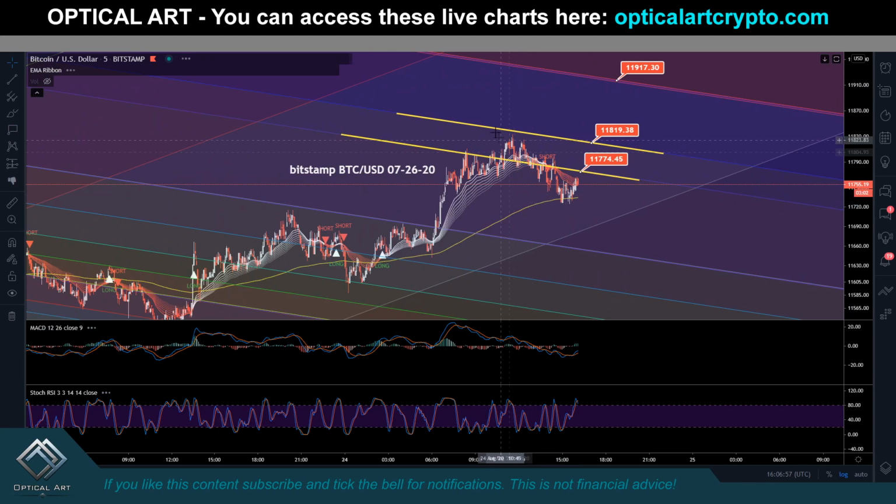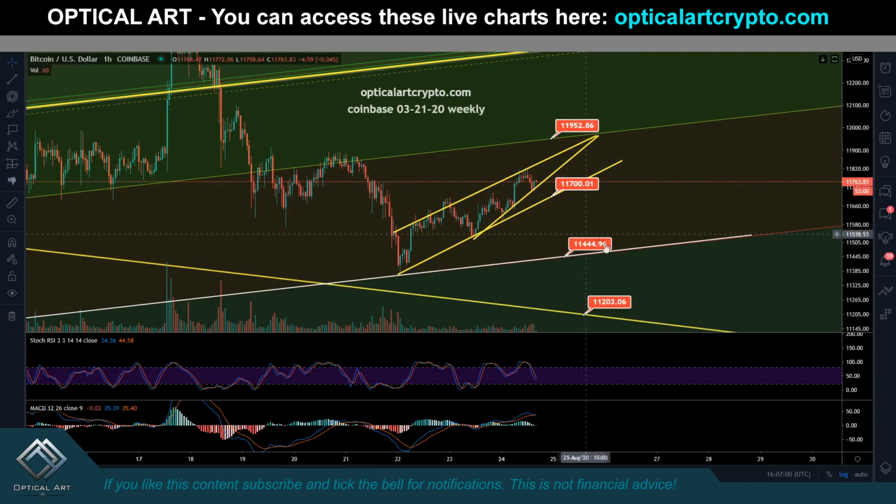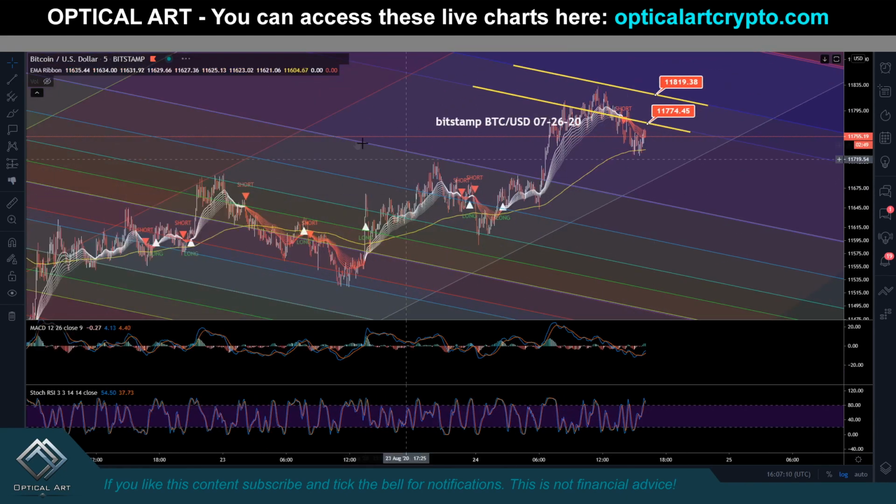The thing also I'd like to point out, if you look here, is this possible parallel channel we're in. Again, this is the rising wedge, and this could be your next support, this is 11,700. If you take note, if you go back here,